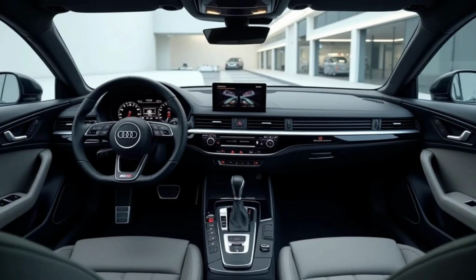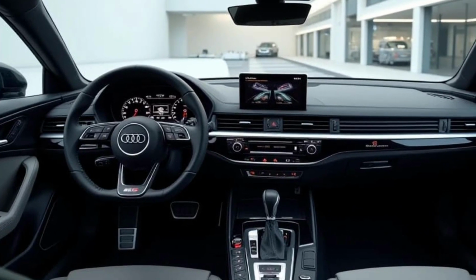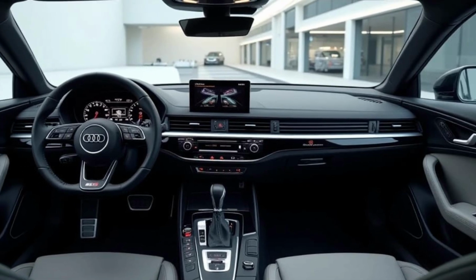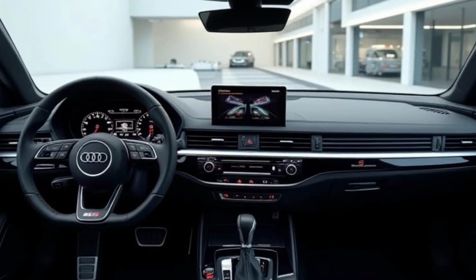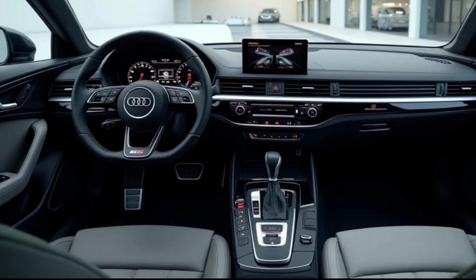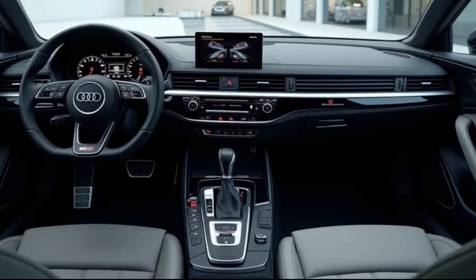Interior. Inside, the A3 offers a driver-focused cabin adorned with high-quality materials. Standard amenities encompass leather upholstery, heated front seats, and an intuitive infotainment system featuring a 10-inch touchscreen with wireless smartphone integration. While the front seats provide ample comfort, rear passenger space and trunk capacity are somewhat limited compared to some